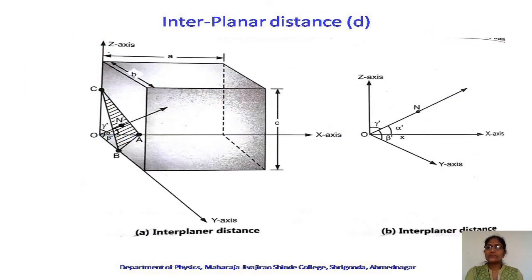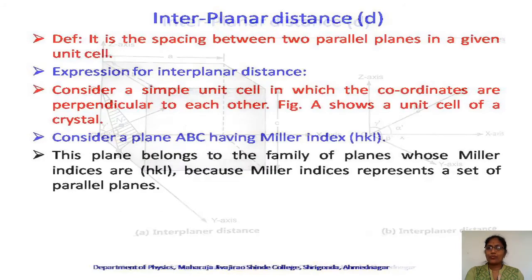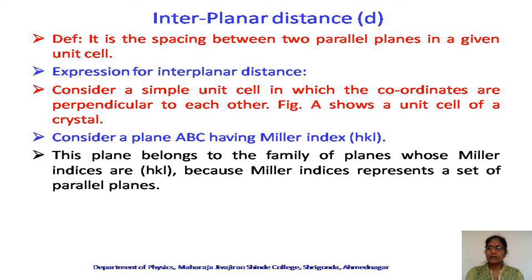This formula is very much important in crystallography. So if we want to revise this point, then interplanar distance is nothing but the distance between two successive parallel planes in a crystal. It is denoted with small d. Its value will be different for different orientations, but the value will remain the same for a given crystal.